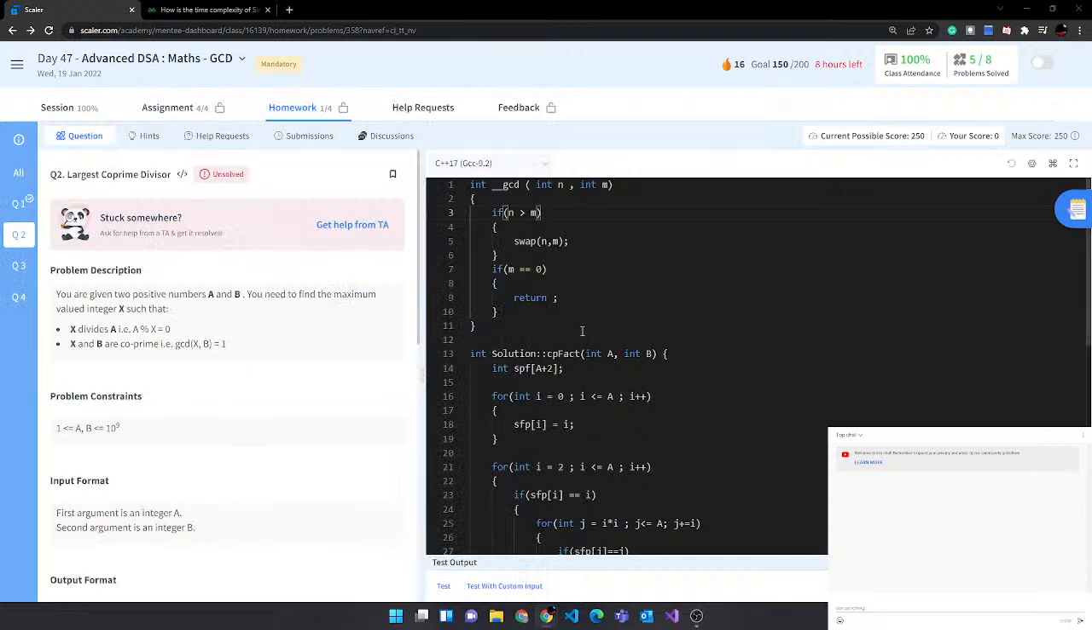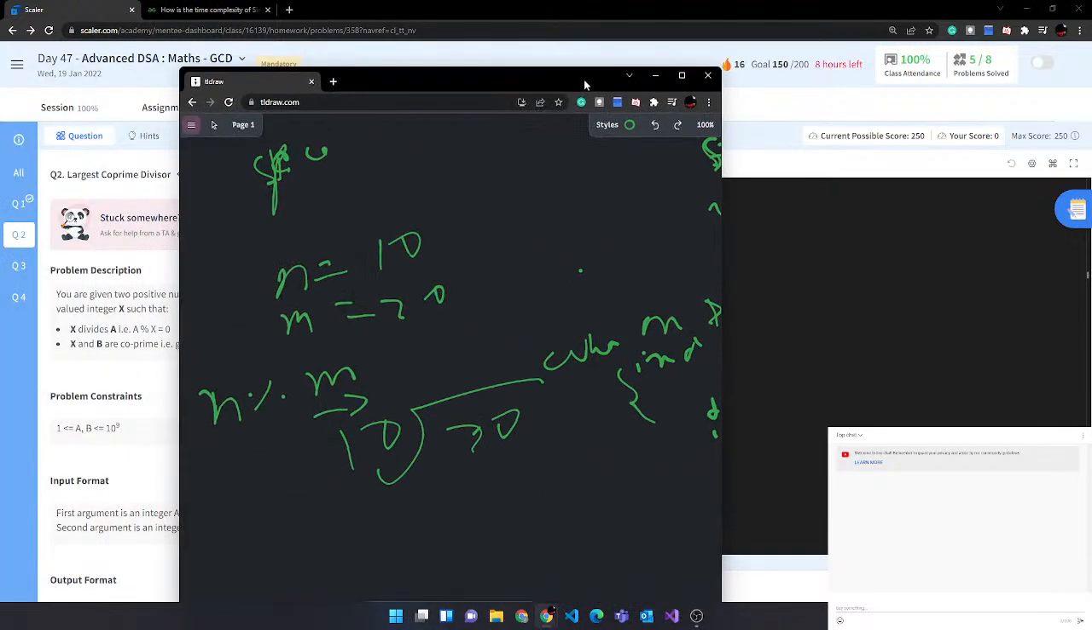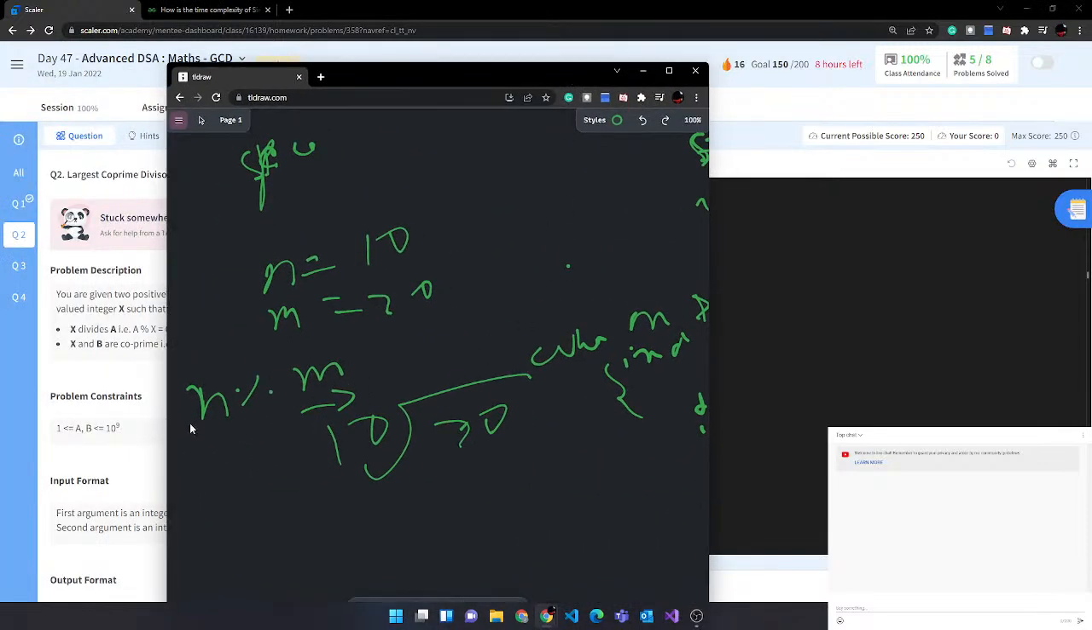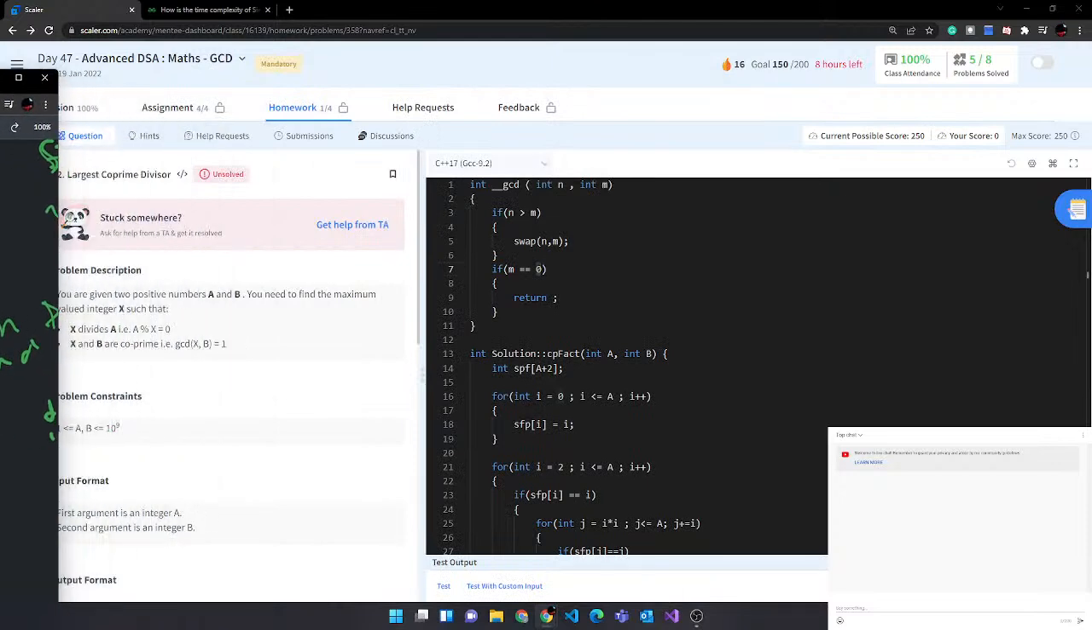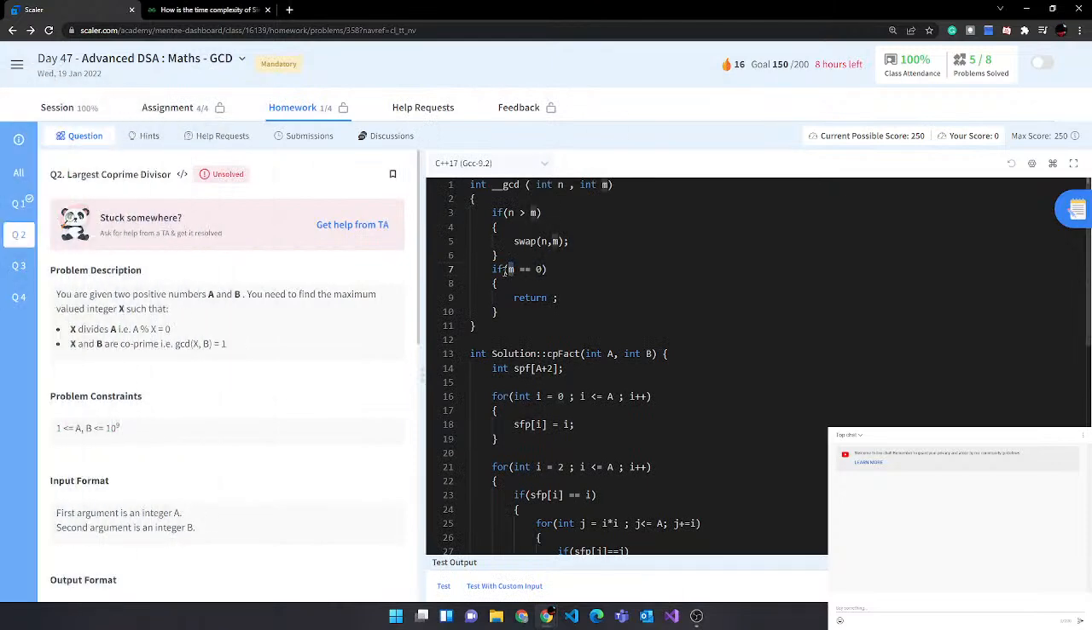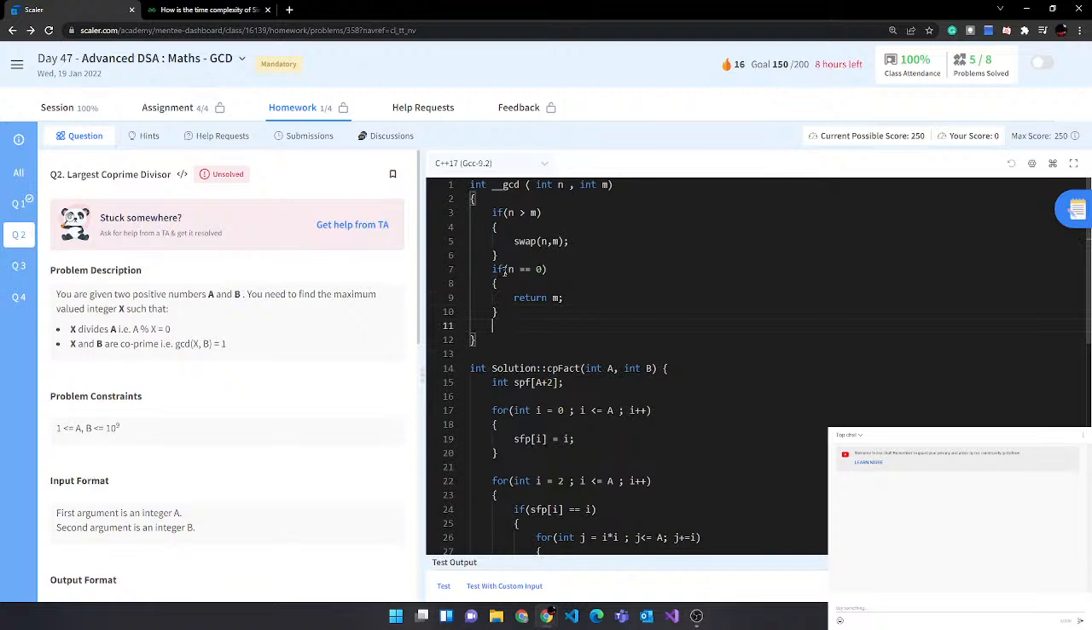If m is equal to 0, so what is 0? When the left hand side number is 0, return m. So when n is equal to 0, return m, I believe, or else return underscore gcd of n modulus m comma